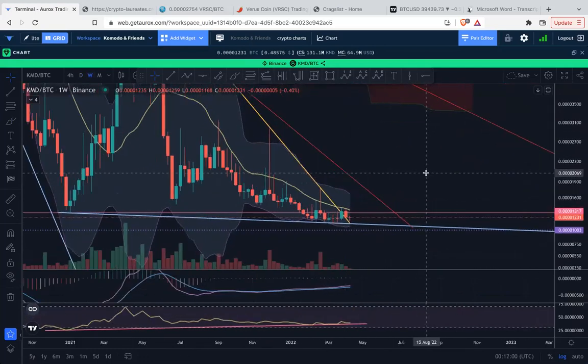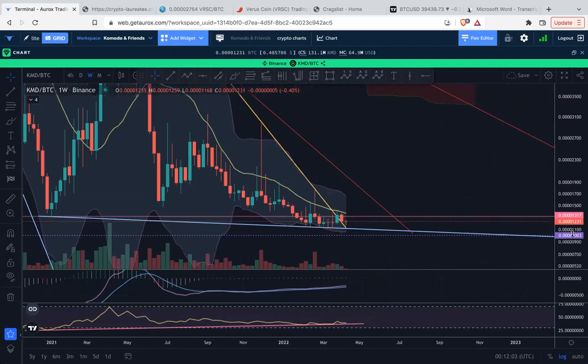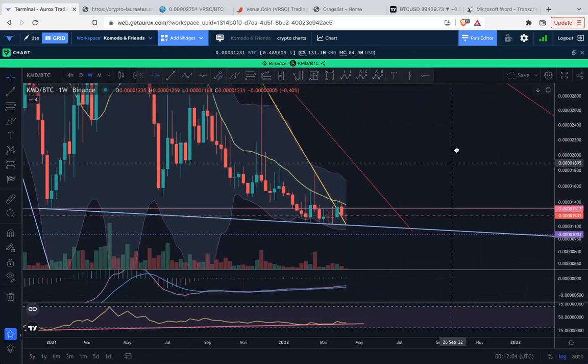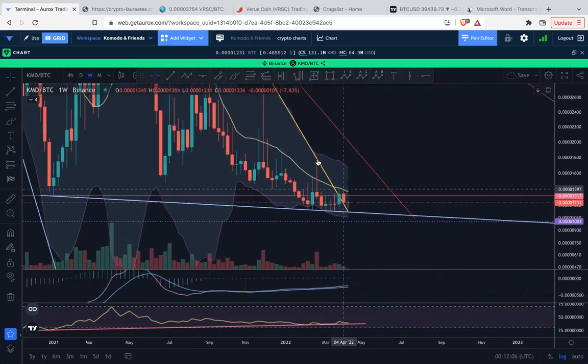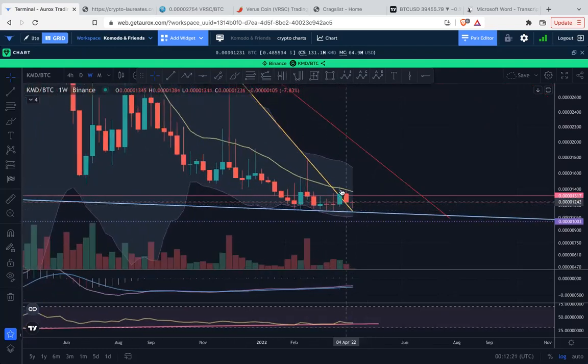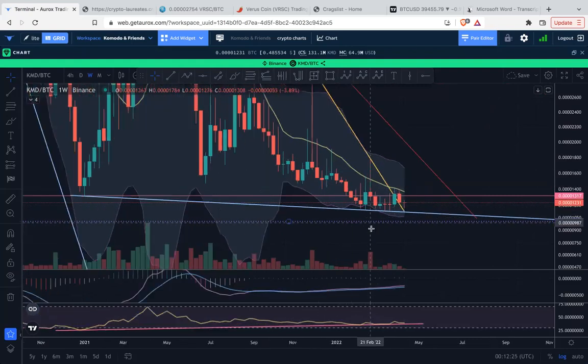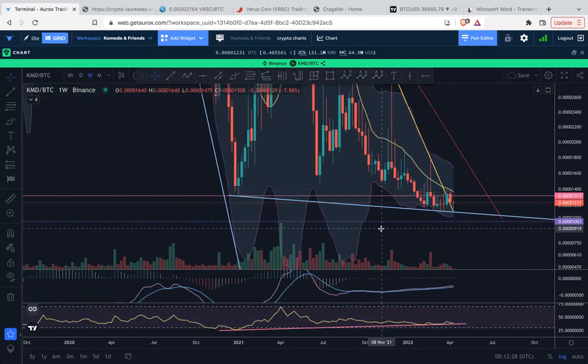So where are we on the weekly? We haven't looked at this one for a couple weeks. Last time we were kind of breaking out of this area here, just about to. So here we are, back down to test support levels, but there was some positive price action up to the 20-week moving average. Bollinger Band is narrowing, so let's see what happens.